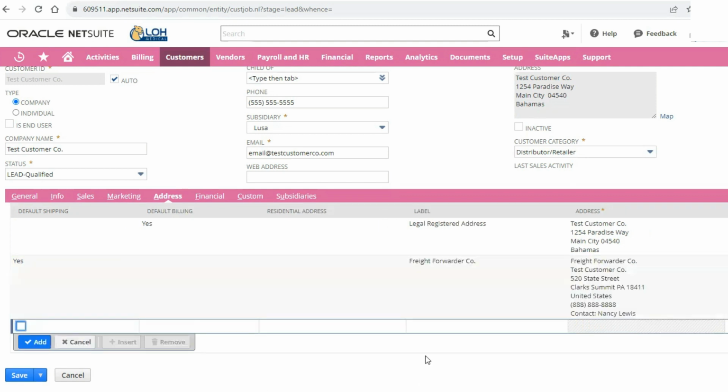That way, if they have multiple freight forwarders associated with this customer on the estimate, and you do need to ship the items to their second freight forwarding company, your label clearly states who's who. Otherwise, it's just going to take the street address. And when you have a lot of customers, it can be impossible to remember which freight forwarder is where. So I do suggest you update the label.